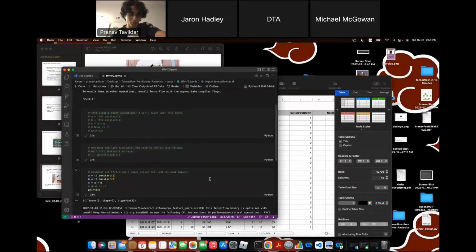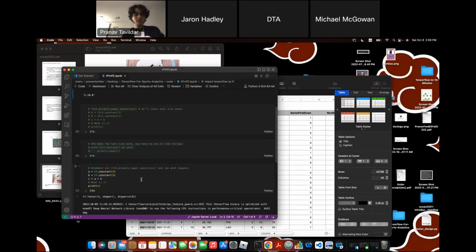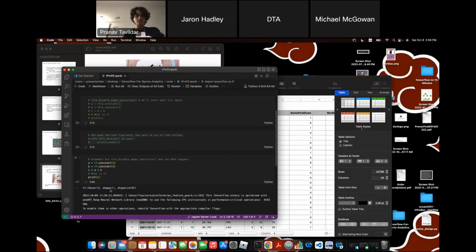So I'm going to ask a very hard question now. Can anyone tell me what 1 plus 2 is? 5. Close. 3. Someone said 3. So yeah, that's correct. So we're using TensorFlow 2 on this bottom cell, and we'll show that first. And here, see, it says that we have a tensor that has the value 3 here.